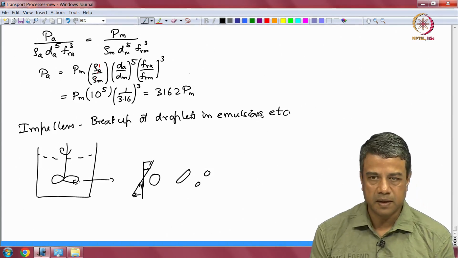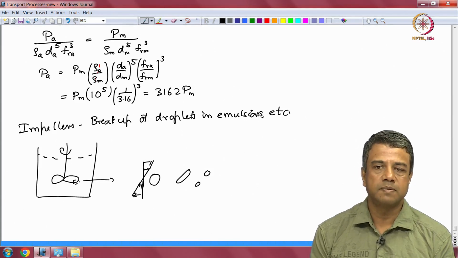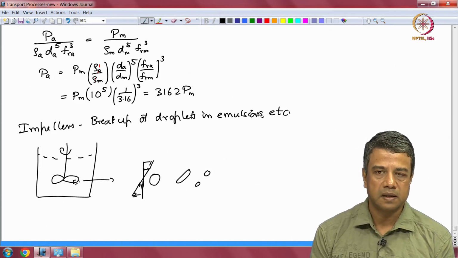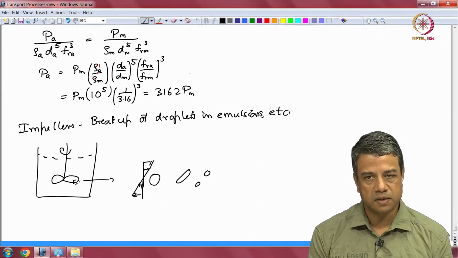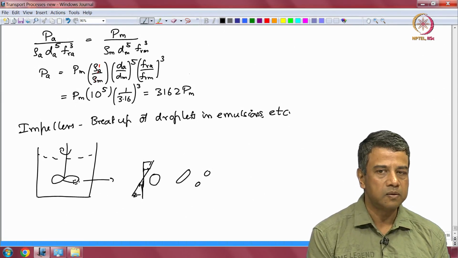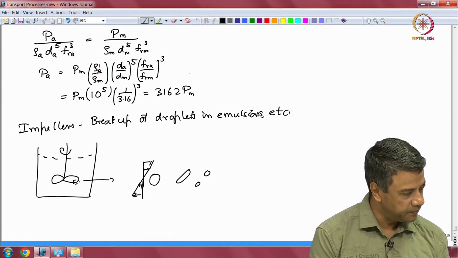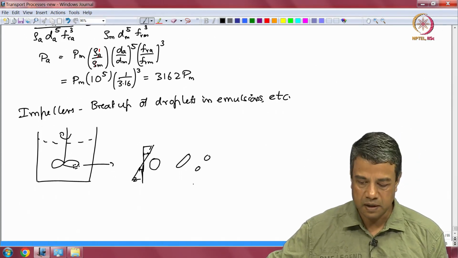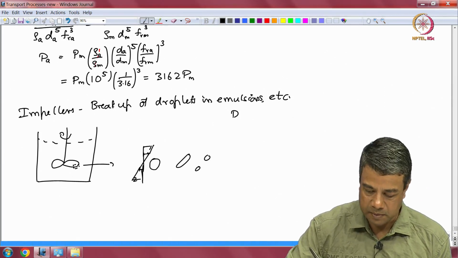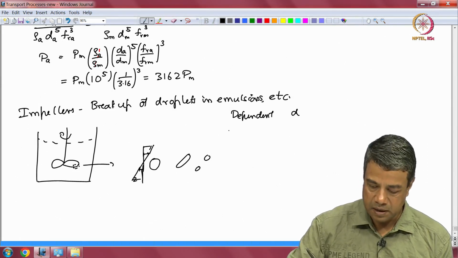So, the droplet diameter will in general depend upon a balance between the breakup mechanism and the stabilizing mechanism of the droplet. Stabilization is due to surface tension and breakup is due to inertial or viscous stresses, depending upon which is dominant. Therefore, the parameters that are important for determining the droplet diameter: the dependent parameter is the droplet diameter d. Independent parameters